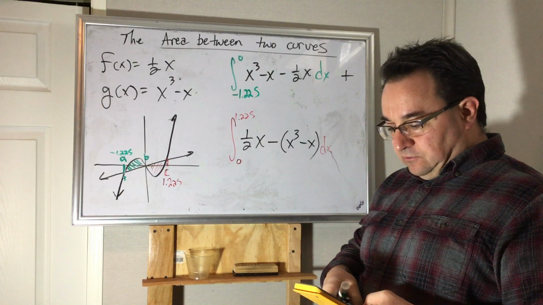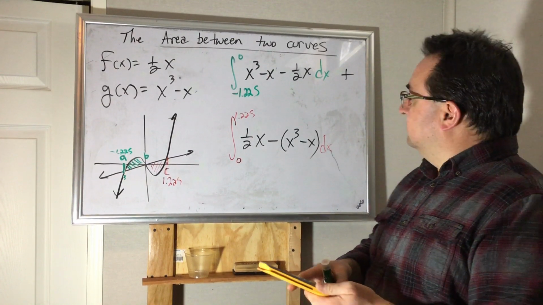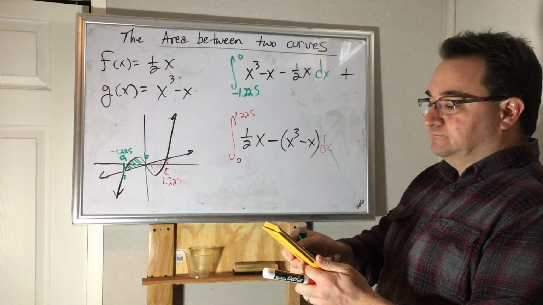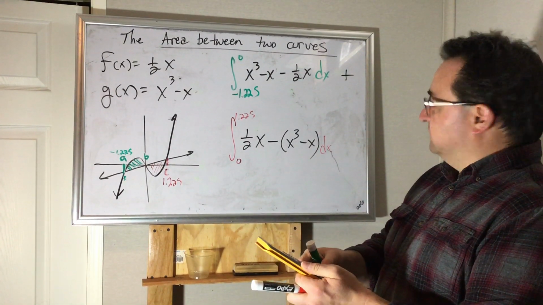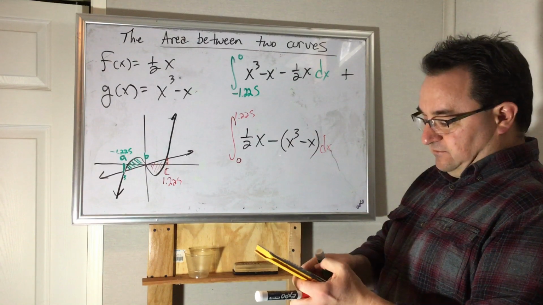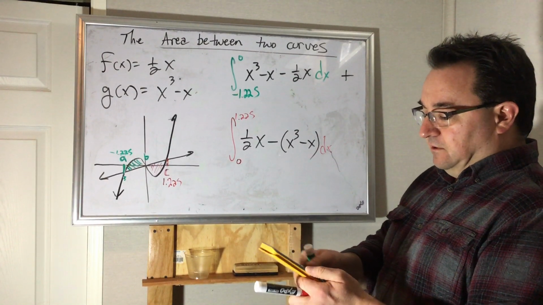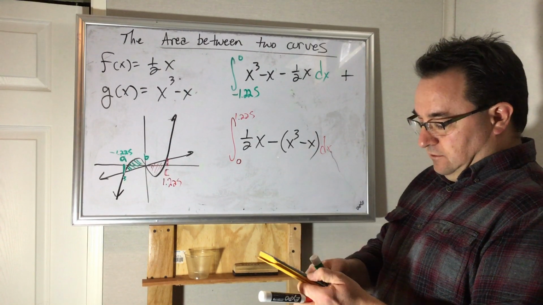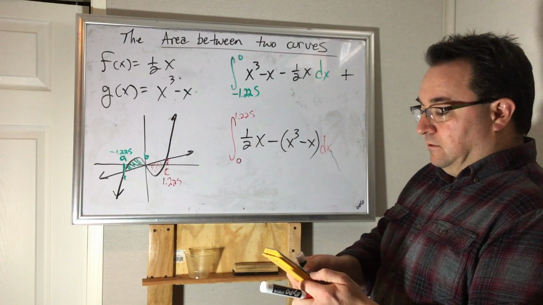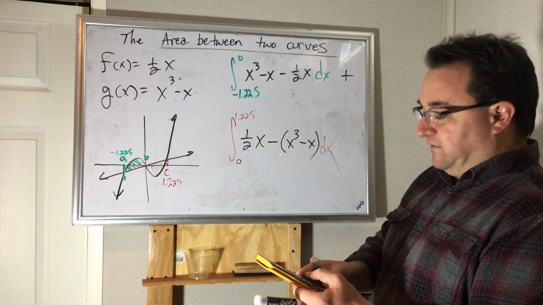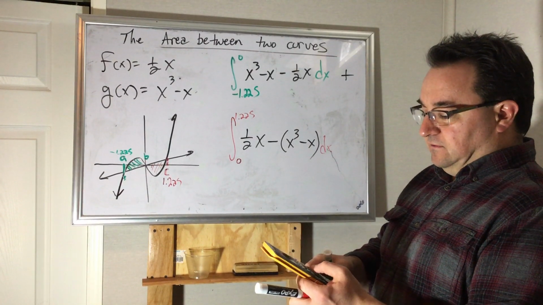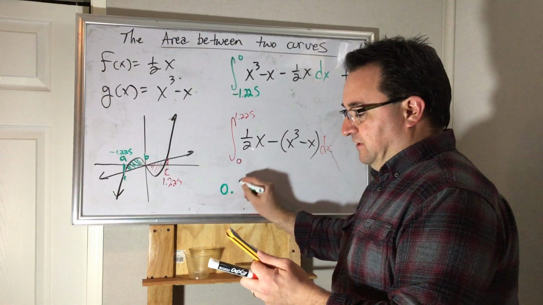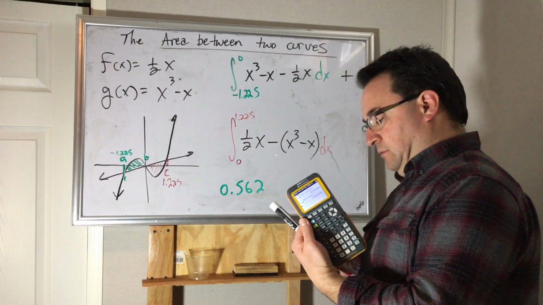So my first integral, pardon the wait, negative 1.225 to 0, x to the third minus x minus 0.5x dx. And for that one, I'm getting 0.562